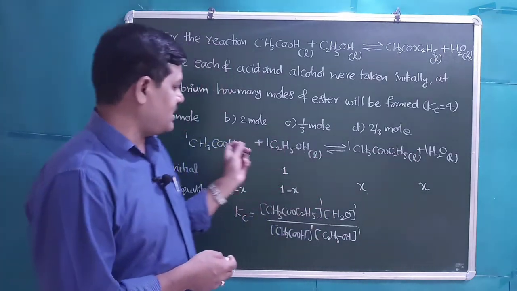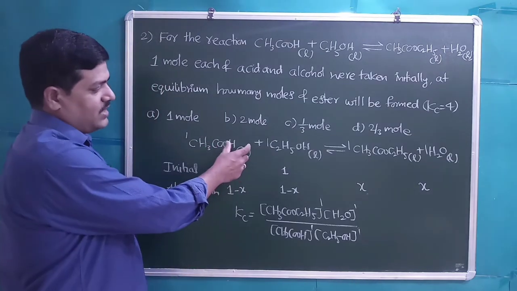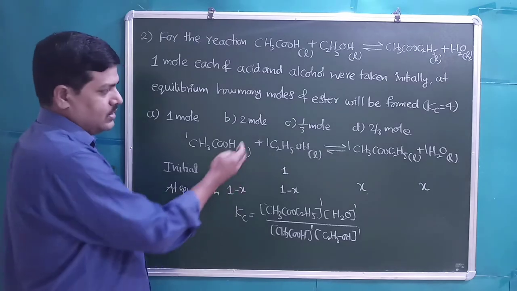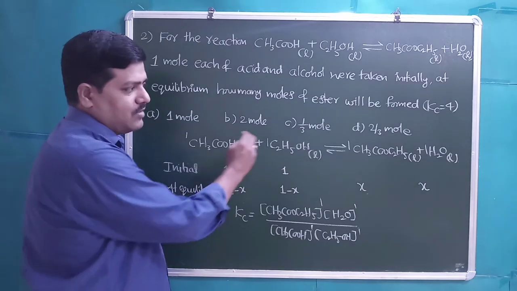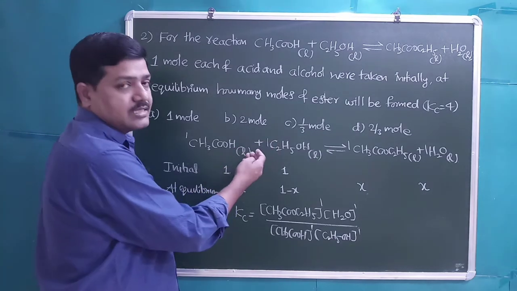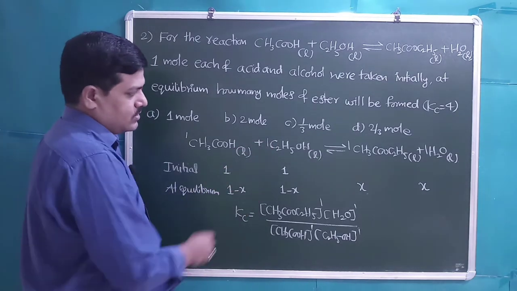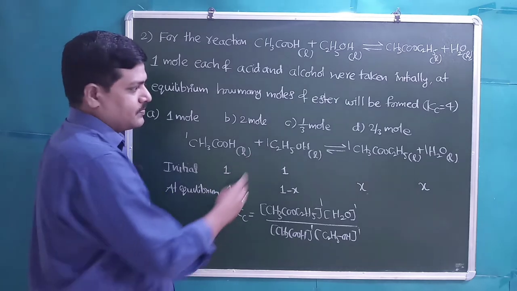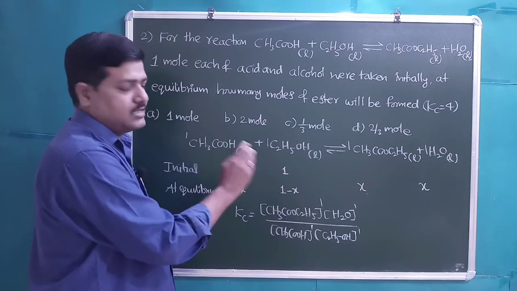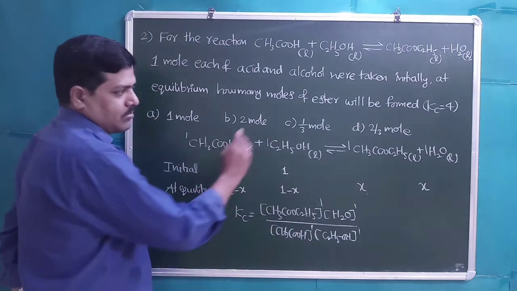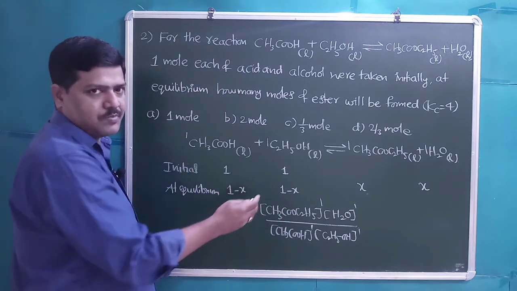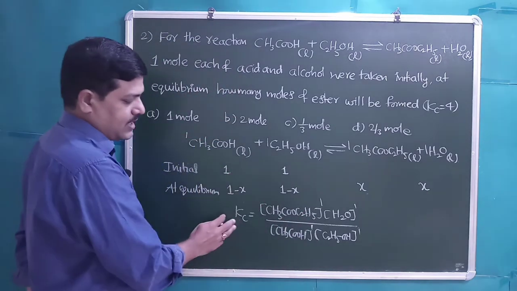when one of the reactants is water, we take it in large excess, because we know it is cheaper in cost. So when it is present on the reactant side, we take a large excess. That's why its concentration remains constant. So whenever water is present on the reactant side, we should not consider it, because its concentration remains constant. But when it is present on the product side, definitely we should consider it, because a very small quantity of water will be formed in the reaction.